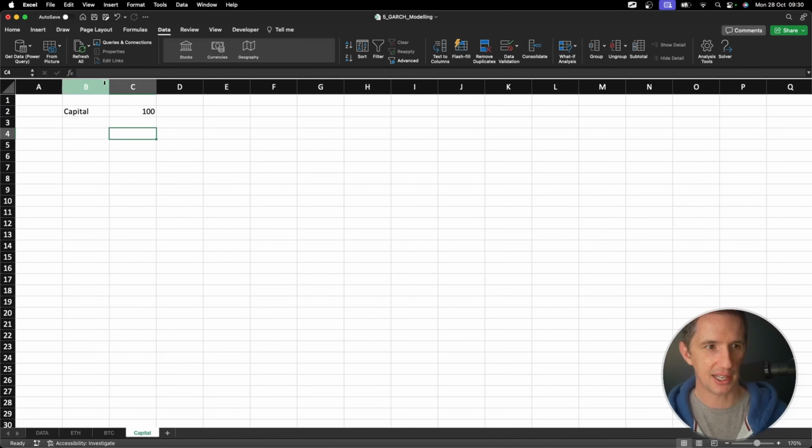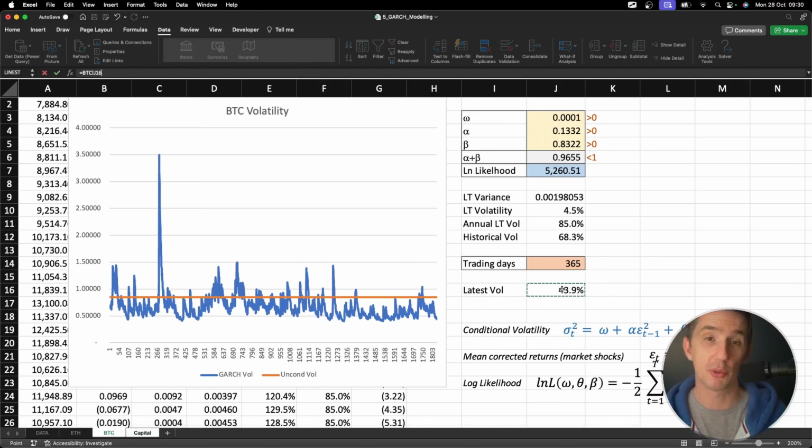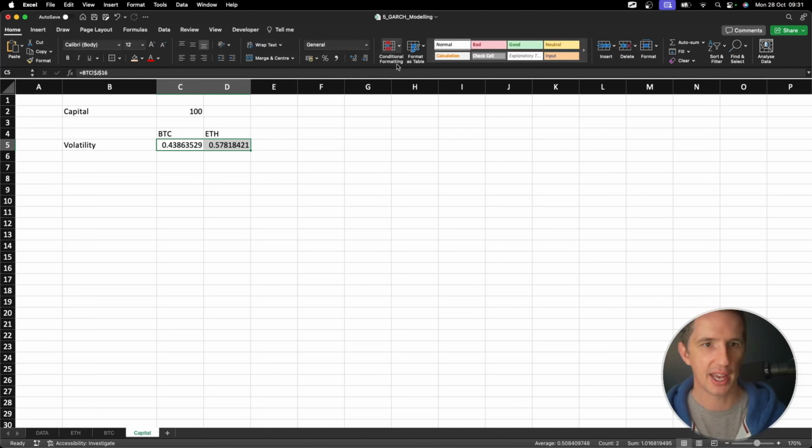And then here, let's move this out a bit. Let's put Bitcoin and Ethereum. Let's put their volatility. And I'll use the latest volatility for the two. So here I'm going to use Bitcoin. You can use whichever you want, whichever makes most sense from your strategy's point of view. But I'll just use the latest. Here's Bitcoin's there. And I'll copy that across for Ethereum because that's just going to be the same cell. We put it in the same place. That's Ethereum there. So there's our 43.8 and our 58% over there. 43.9 and